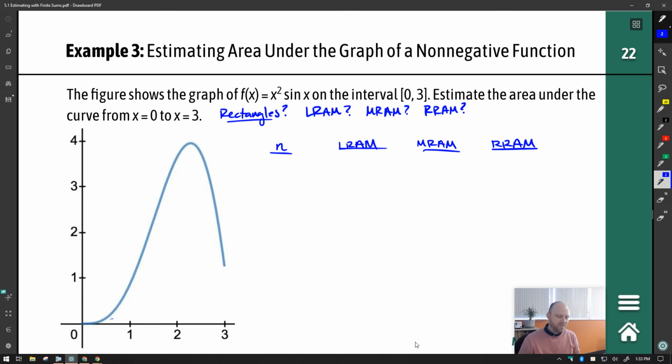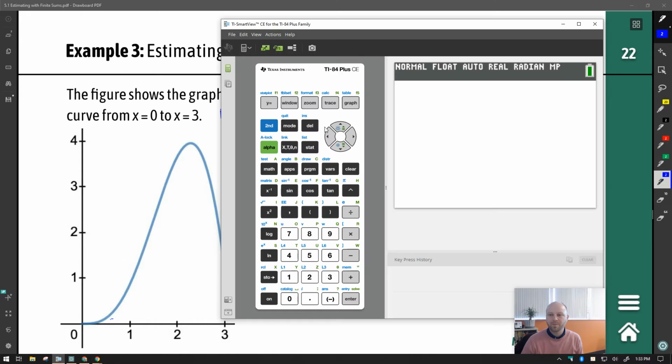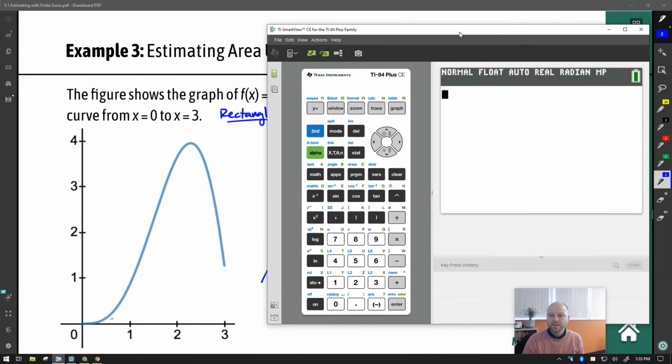We're going from 0 to 3 here, but since we're going to use a calculator program, maybe we just begin with 5 subintervals or 5 rectangles, and maybe move on to 10 or to 20, or I don't know, we could even go up to like 50 or 100 and see what happens there. You should have on your TI-84s now a calculator program called RAM. I'm going to bring mine up here. So here's our